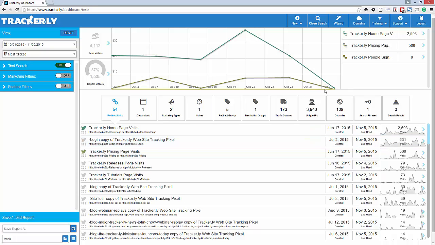So I've got the same 3 graphs over here. I can see how many people have come in that time period, and all my other Trackerly stuff is right there. So that's an example of how you can have infinite dashboards with Trackerly, and we're working on a whole bunch more. There's a lot of things coming. This is like version 1 of this panel, and just to give you an idea of what's happening,